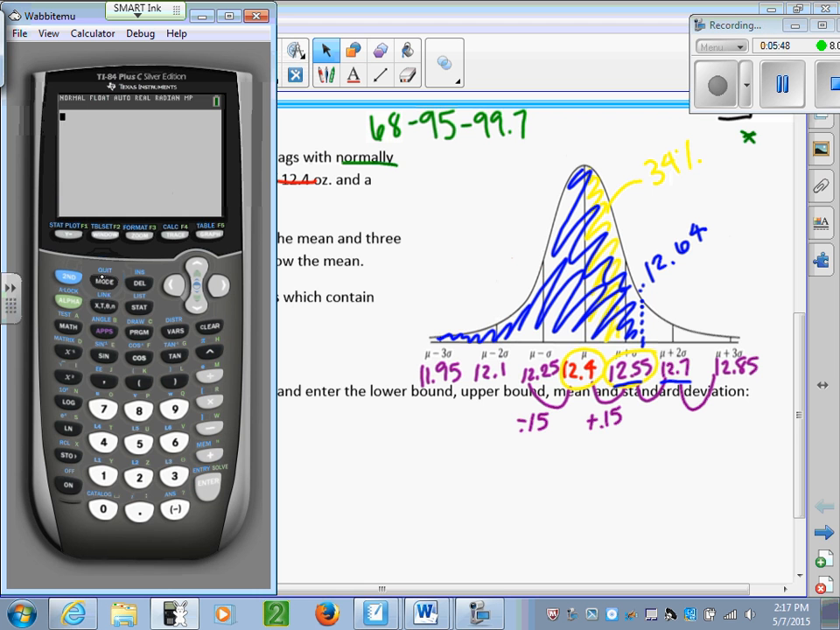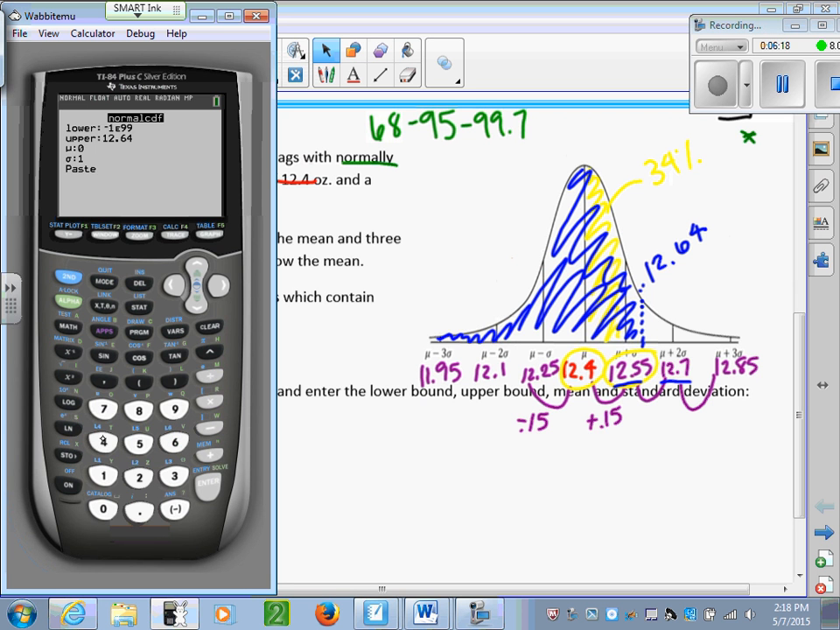Okay. And remember to get to normal CDF, the steps are in that box above. I'm going to go to second, vars, and number 2, you'll see it says normal CDF, so I hit number 2. Alright, and -1 e to the 99th is what represents negative infinity. So I want everything less. So my lower bound is negative infinity. My upper bound is 12.64. So I want everything less than